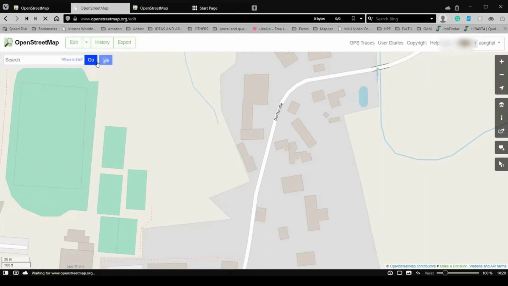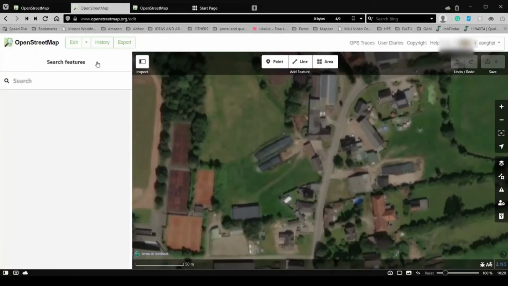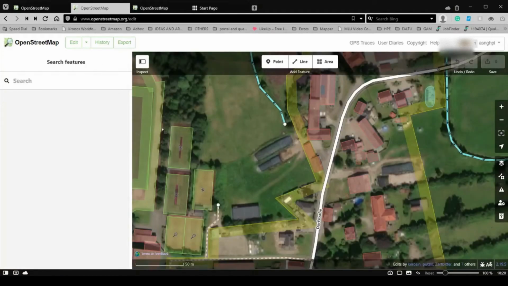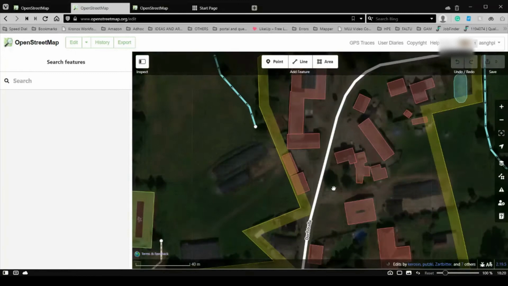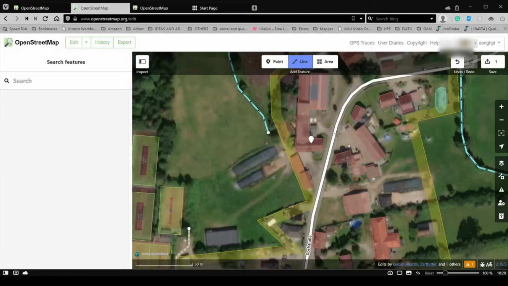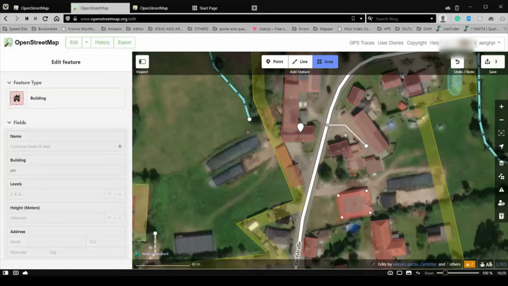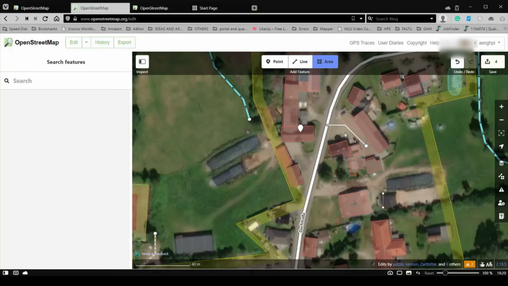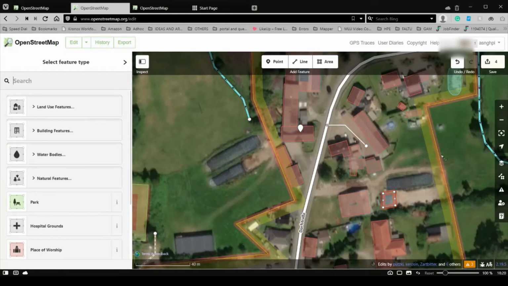To create lines, points and areas in OpenStreetMap, click on the drop down arrow next to the word edit. The drop down will give you a few options. Select edit with iD in browser editor. There are several other ways to edit and create map data in OpenStreetMap. Now you will be able to create points, lines and areas. Please pause this video, open the iD editor from the drop down menu, then come back to continue.